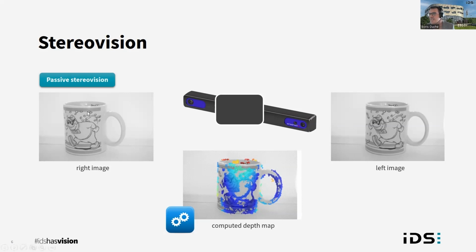When you look at a pixel with local contrast, so the pixel is gray and the pixel on the right is white, and the pixel on the bottom is dark gray maybe, when you look for the corresponding pixel on the other image, it's pretty easy to find, so the matching algorithm will work. You will be able to compute the depth map. So passive stereo vision systems are limited when it comes to homogeneous areas.